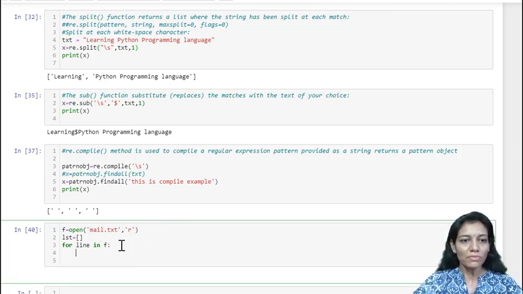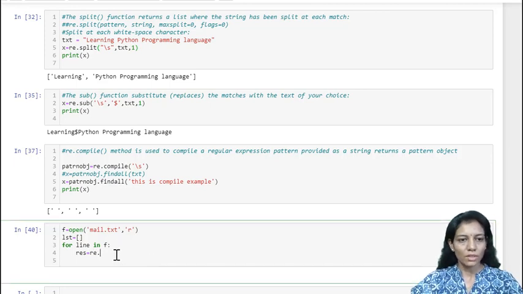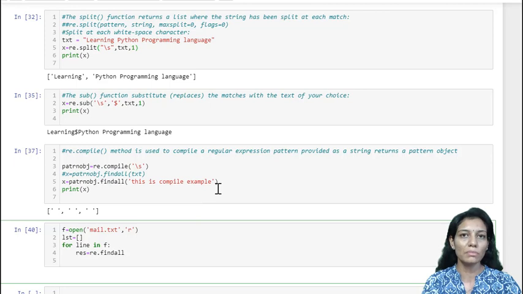So from the first line, res is equal to re dot findall, because I want to scan the whole line for all the occurrences of email IDs in each line. That's why the findall method is being used here, and I'm writing a raw string in which I write my pattern.